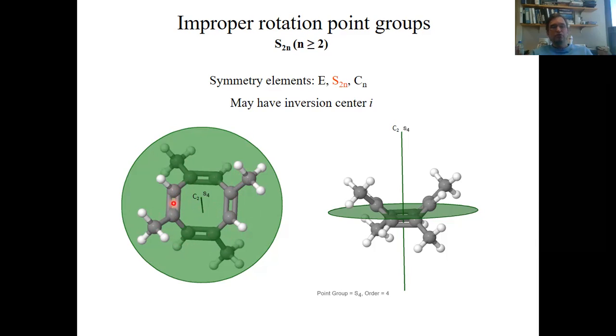Okay, if you rotate these two by 90 degrees, then they are here, but these two are then still above the plane, so we must mirror them in addition so that they're below the plane. And these two here are originally below the plane, so if you rotate them by 90 degrees, then they are in this position here, but still below the plane, so we must mirror them in addition so that they are above the plane. So here's a little animation applied to this molecule here so that you can see how the